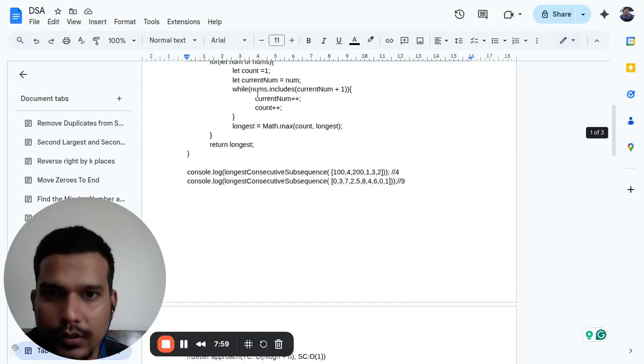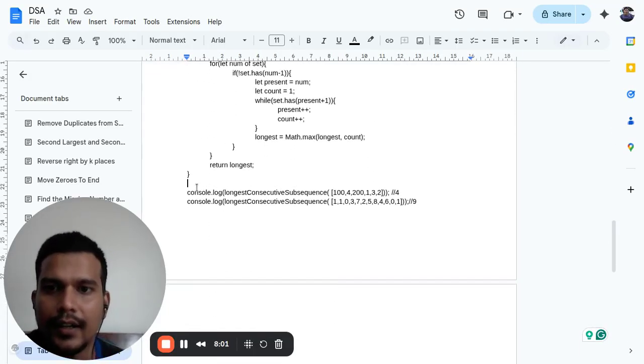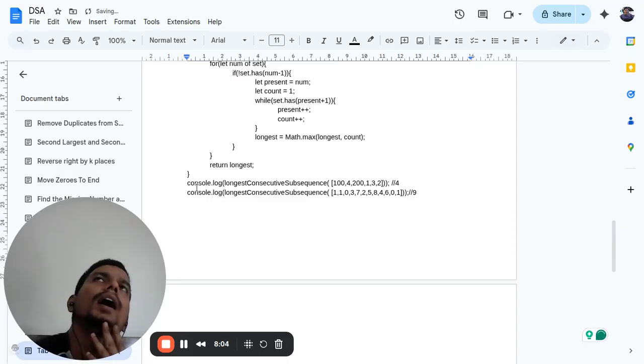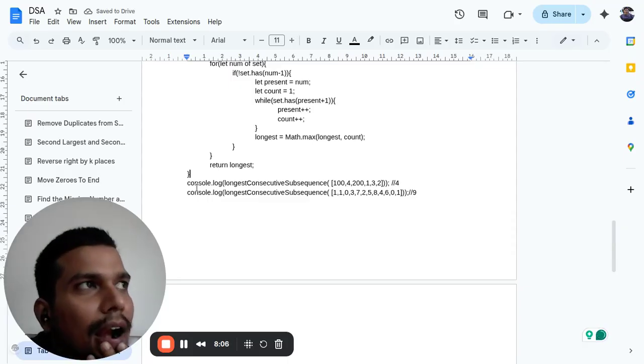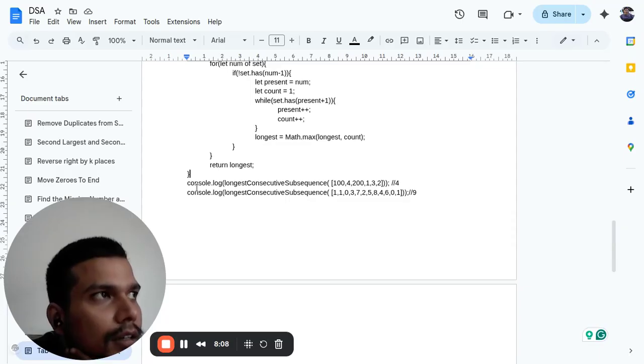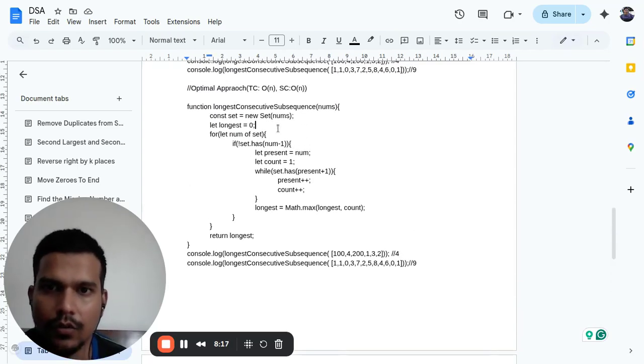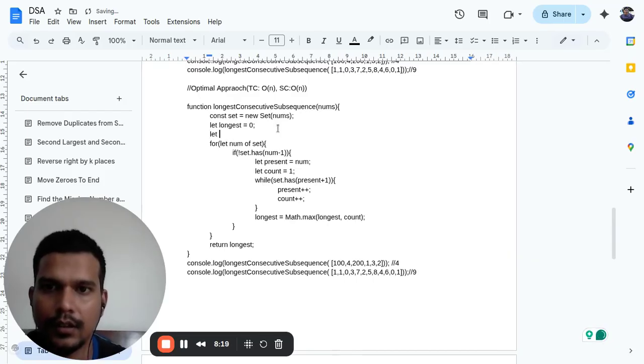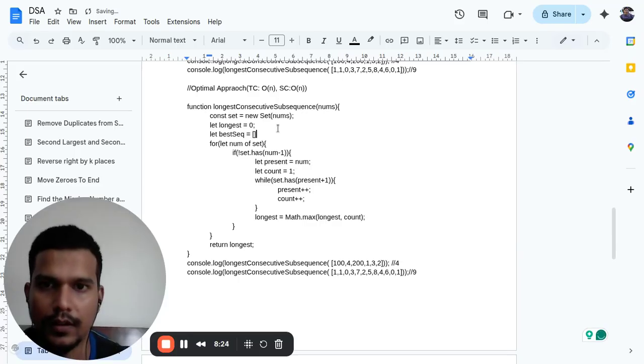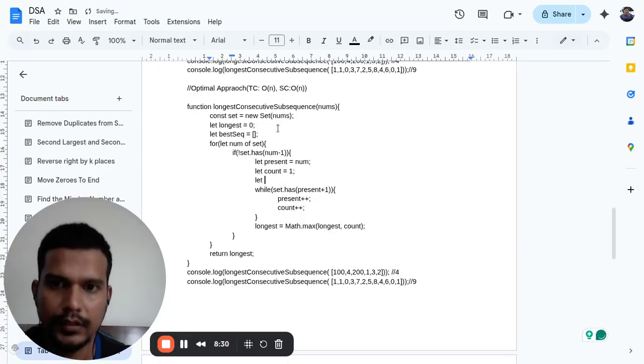Okay, I just want to add one more question within it. I think there is no written question, so I just want to add: if we have a number array and we want to find the elements within the array which form the subsequence, how can we find it? Okay, so let's write the code. Best subsequence equals this one, we are taking it. Then after that what we do, subsequence